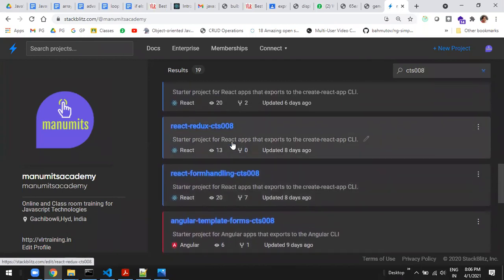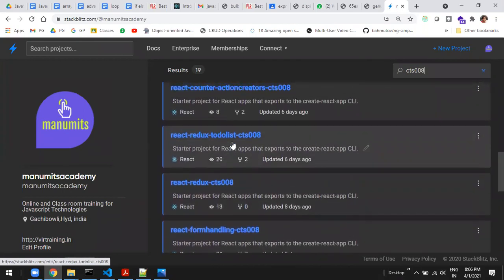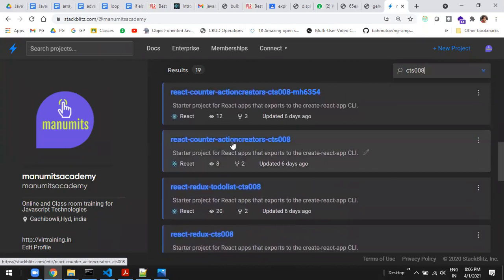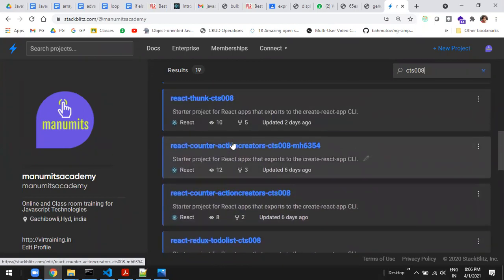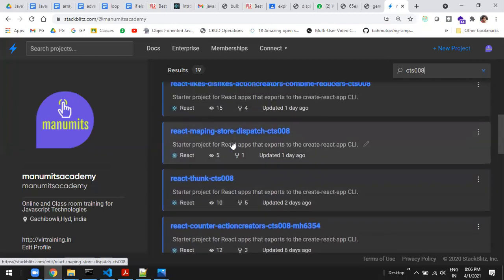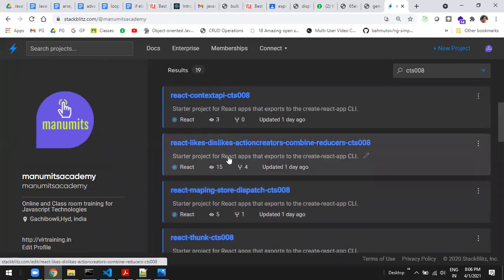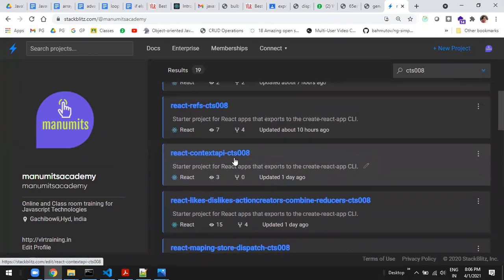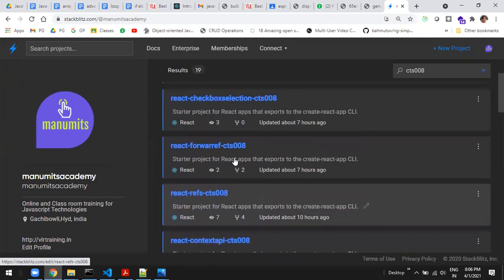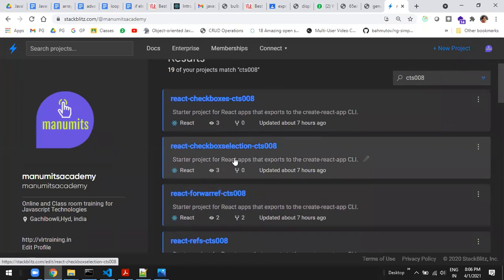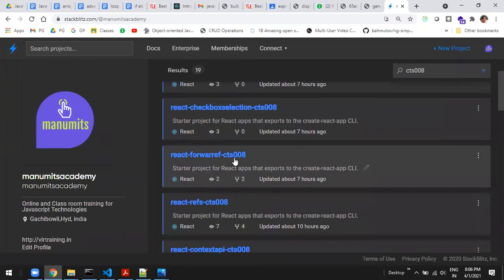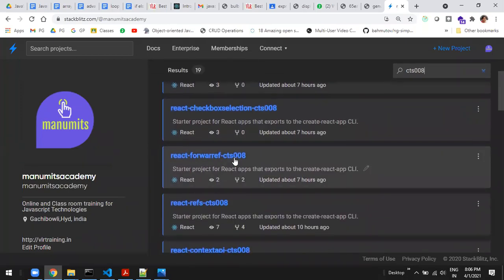React form handling, React Redux, to-do list with React, action creators, and Thunk. Now how Thunk best practices can be made, what is combine reducer, what is context API, what are references, forward references, checkbox selection, as well as today I have shown validations also.